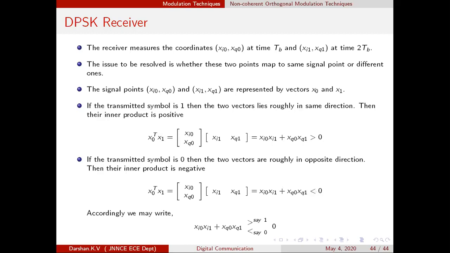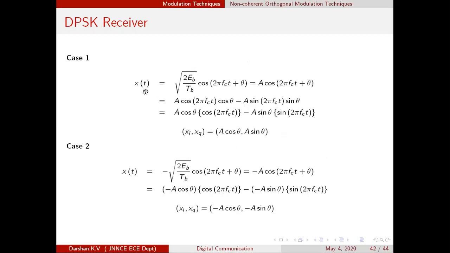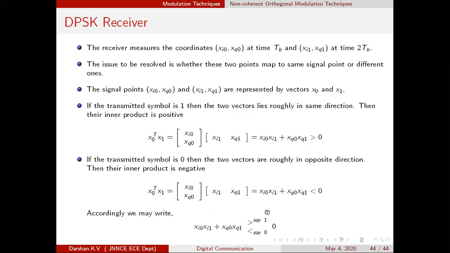So let me summarize what they are going to do. They will get the signal, and the signal would be converted into points. How the signal would be converted into points and what their natures are, I have shown. Signal with 0 phase, the point looks like this. Signal out of phase, the point will look like minus a cos theta and minus a sin theta. Let us observe the block diagram in the next class.